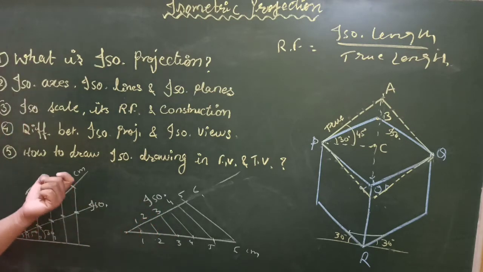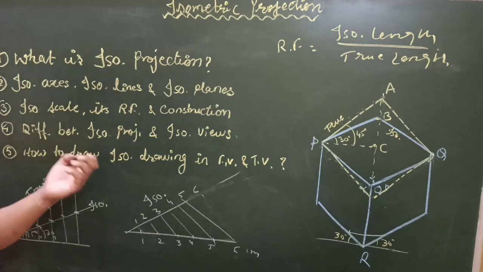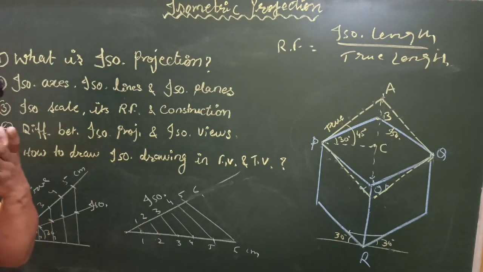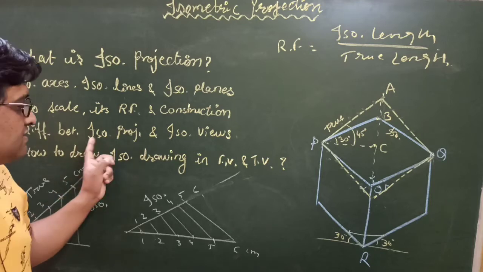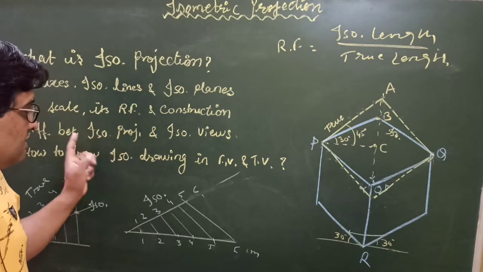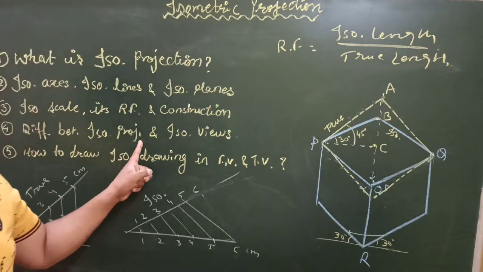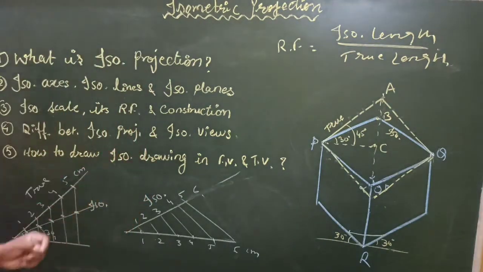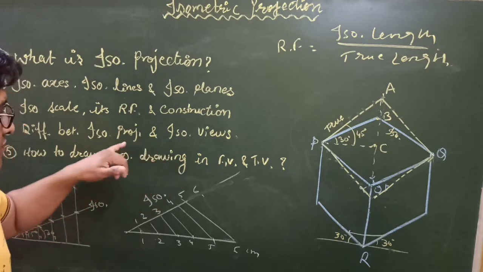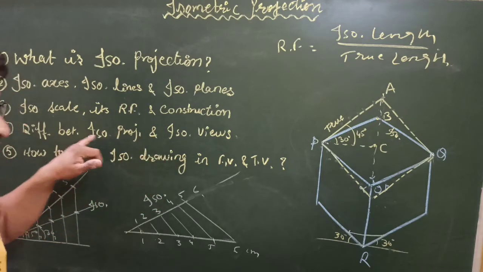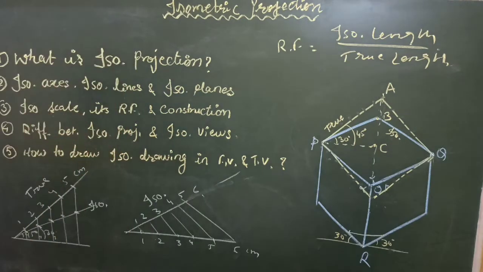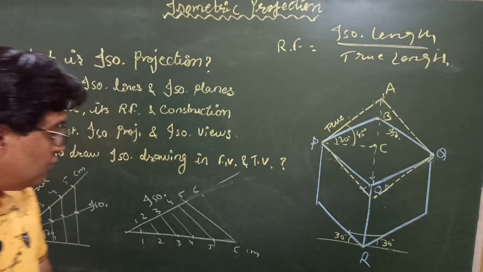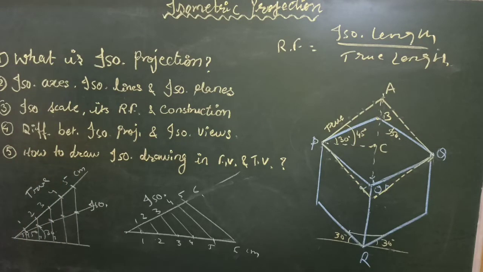This we will discuss in the next video when we talk about isometric projection of spheres. So in case of spheres or parts of a sphere, you have to take isometric projections irrespective of whatever is written in the problem. Right, so this is the main difference: using scale is isometric projection, without using scale is isometric views. Now let us come to how to draw isometric projection or isometric views of objects.